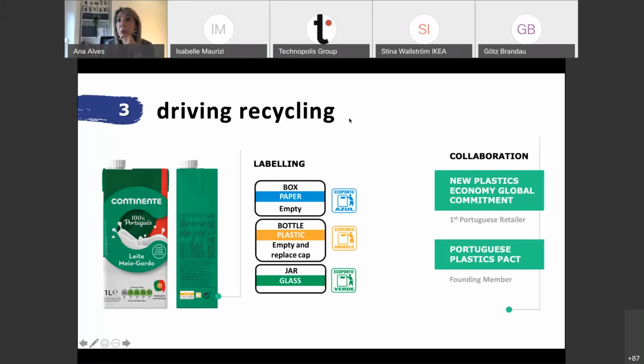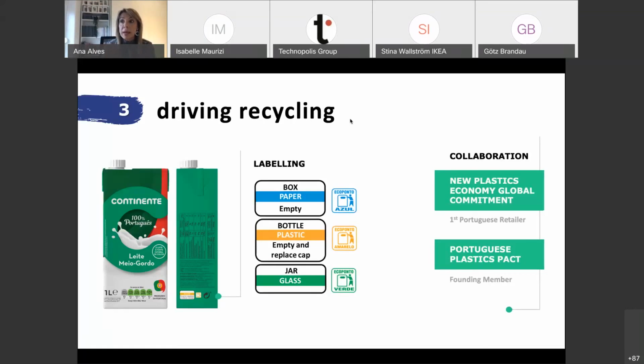First of all, the New Plastics Economy Global Commitment. We were the first Portuguese retailer to join this important international movement and to publicly commit to a set of ambitious goals in our operation. It's very important to make these statements, to put ambitious goals in front of yourself and to publicly admit them.